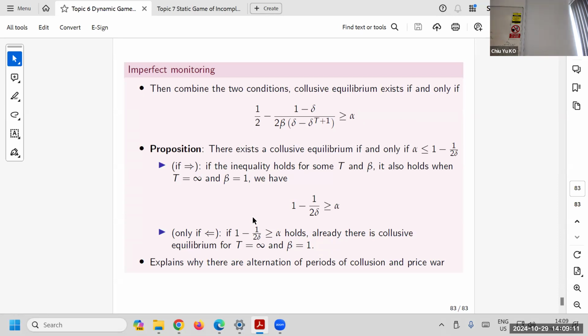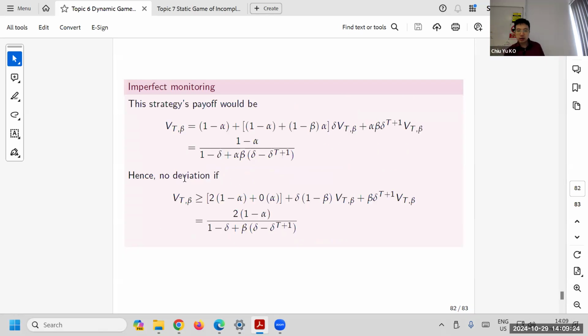And you can check that if and only if this thing happens. Basically this comes from here. You just put this on the left hand side, or this on the right hand side. Just put this guy to the left hand side. Put it here.